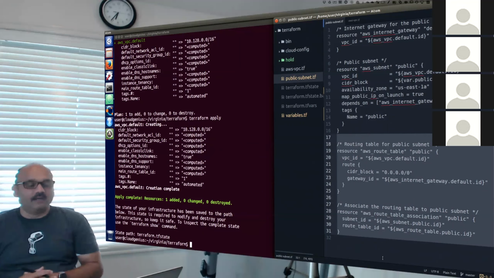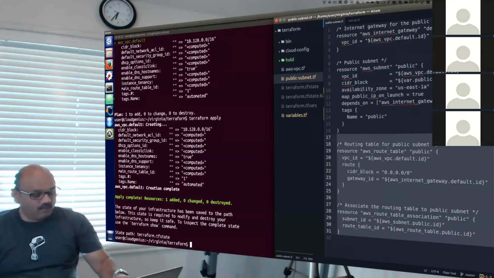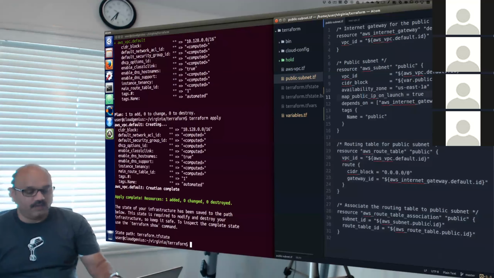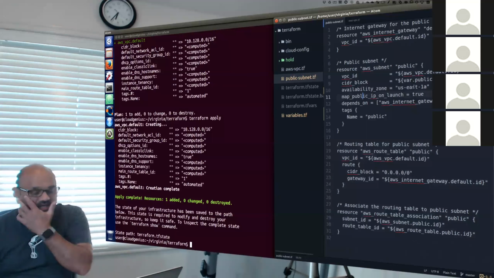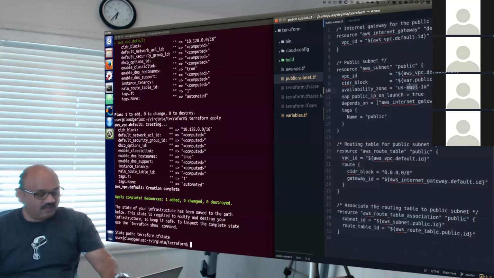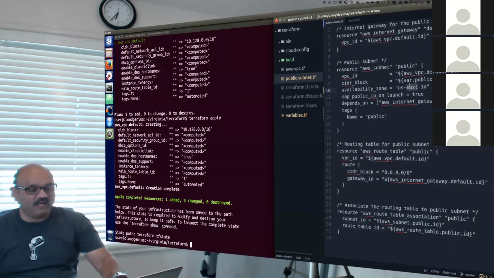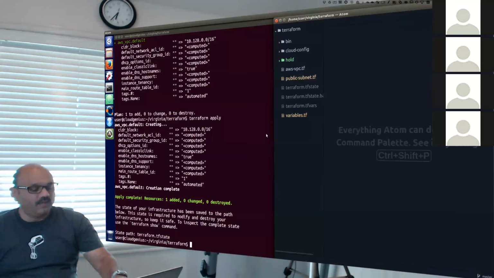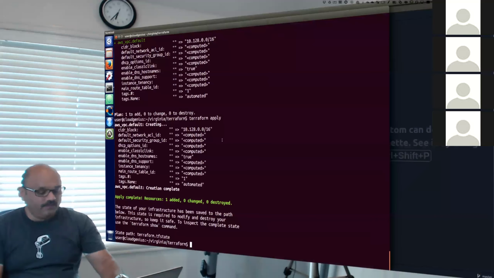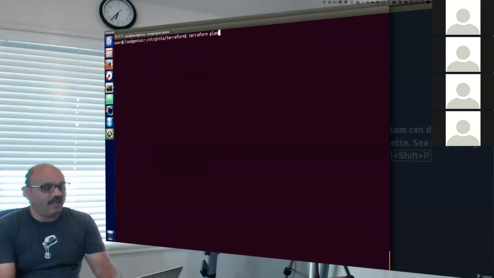With that in place, what I want to now do is make sure that we do not have any West Coast references. So I have East Coast references. I will go quickly search for West. I don't have any result for West, which is nice, which means that I have made edits to the West Coast. And now I should be able to go back here and say, Terraform, what's the plan?